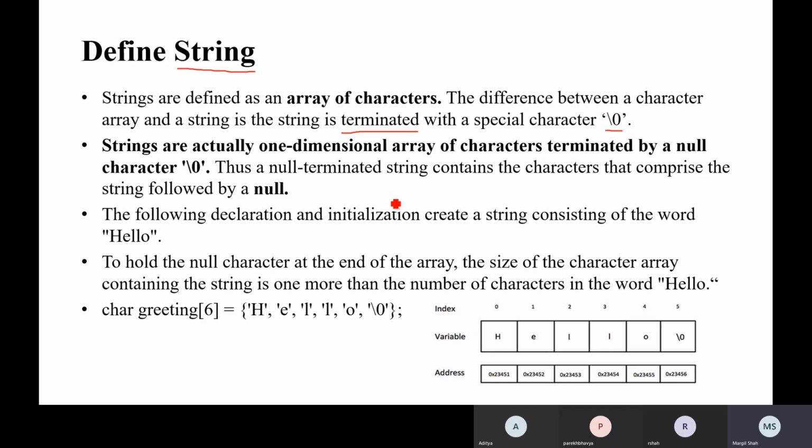Thus, the null terminated string contains the characters that comprise the string followed by the null. The following declaration and initialization create a string consisting of the word hello, right? So here the word is hello. Hold the null character at the end of an array. The size of the character array containing the string is one more than the number of characters in the word